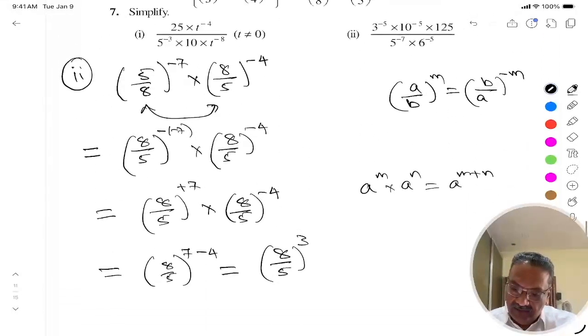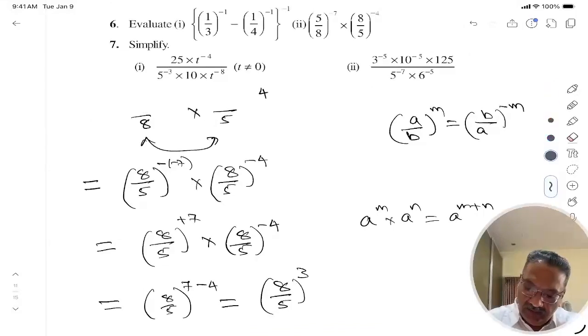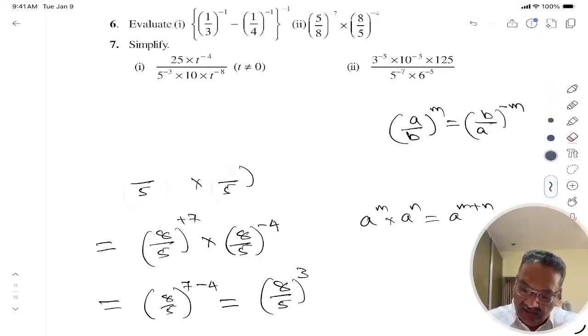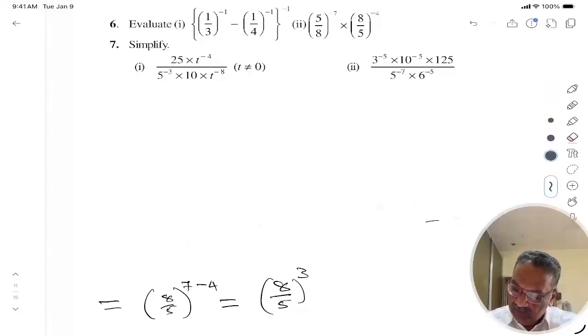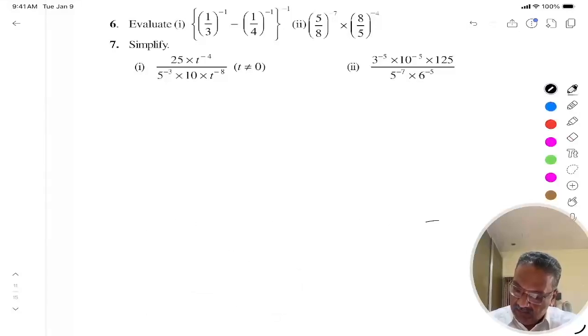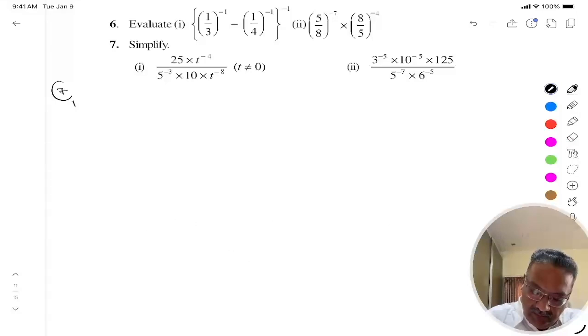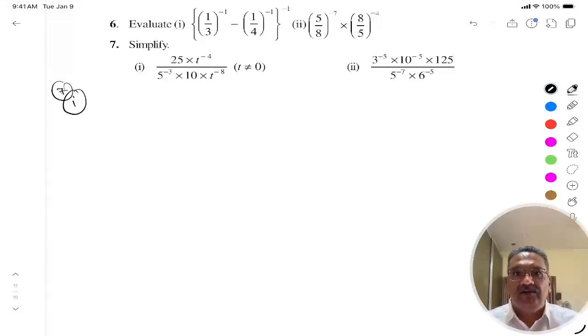Next they have asked to simplify. Let's come to the 7th question. Seventh one, simplify, t not equal to 0. If t becomes 0, what happens? Anything raised to 0 to the power of something will be 0 only. So t is not 0. So we have